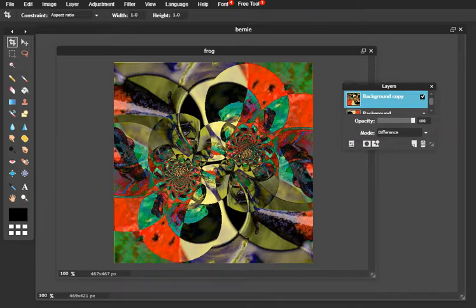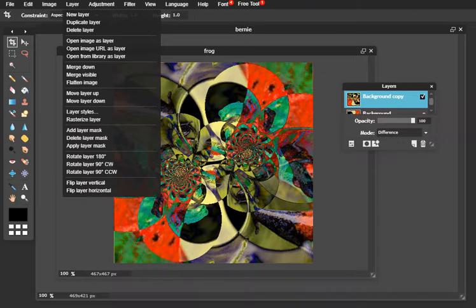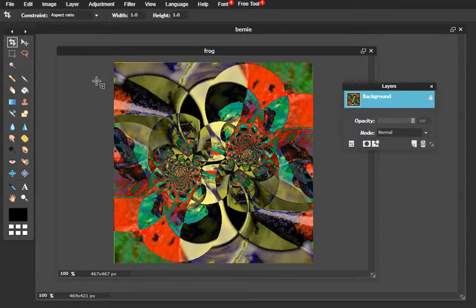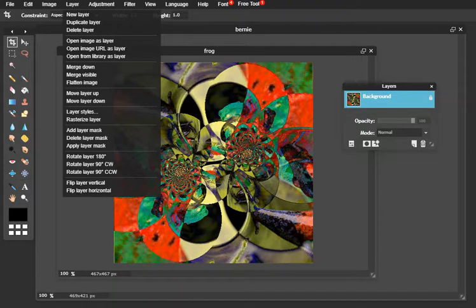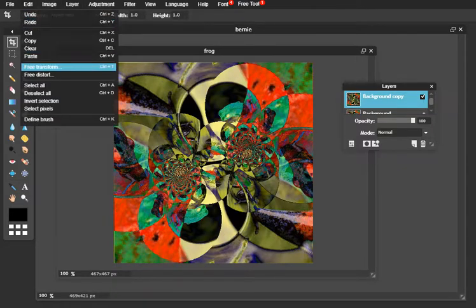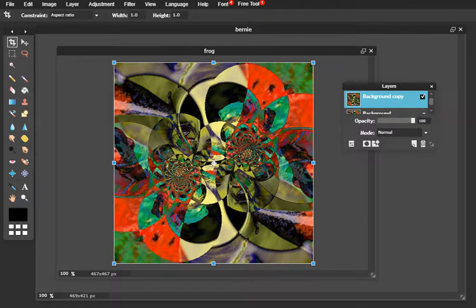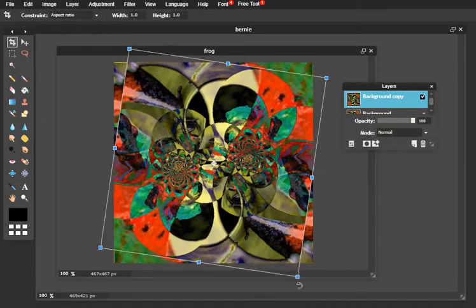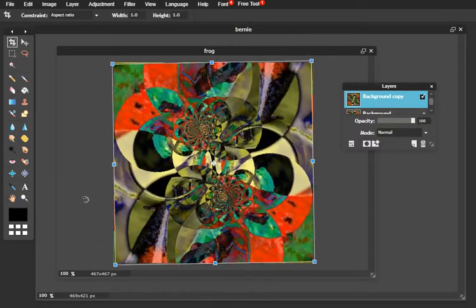And if I go to Layer and Flatten Layer, let's see where I can find that, Merge Down or Flatten Image. And you can use the Layer menu. Instead of Control-J, you could just say Duplicate Layer. And now I have another copy, and I'm going to do the same process. So I'm going to go Edit, Free Transform, and I'm going to rotate it with the Rotate tool here, maybe 90 degrees this time,